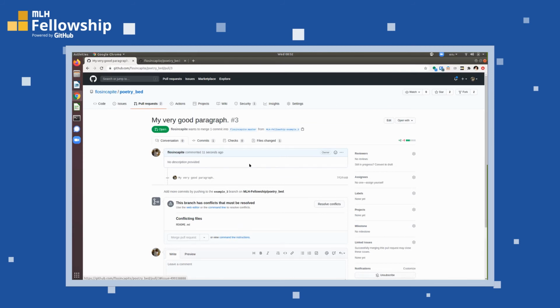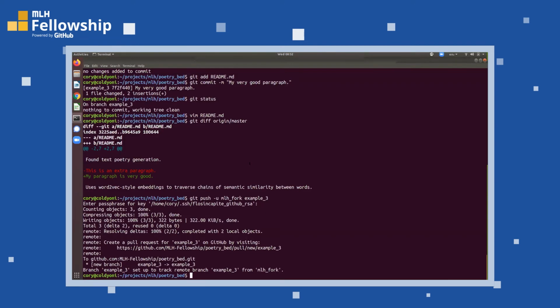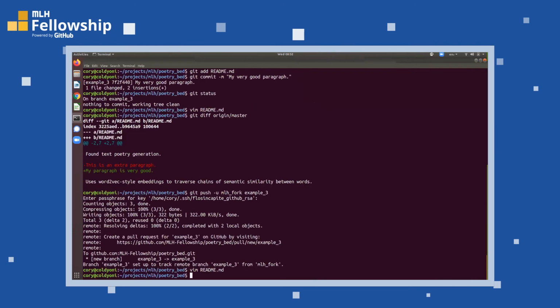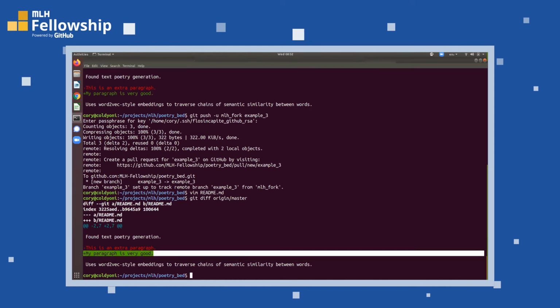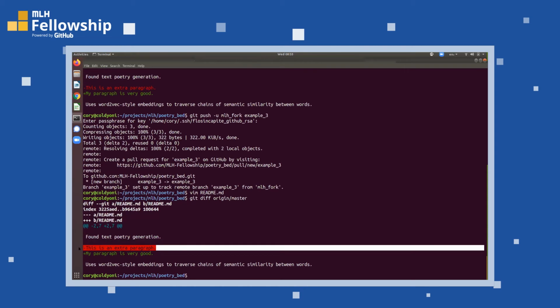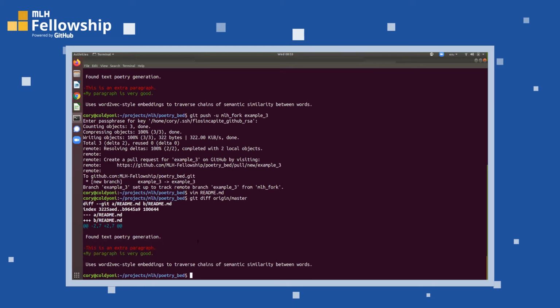There are two strategies. So there are two things I need to do here, first of all. My current branch, example 3, does not know about this most recent change, in the sense that this file only has this one change. It's only added "my paragraph is very good." The diff tool knows that something else is going on, but I've never had both of these changes in the file at once and made a decision about how those two should interact. So there are two ways to resolve this, and they are,